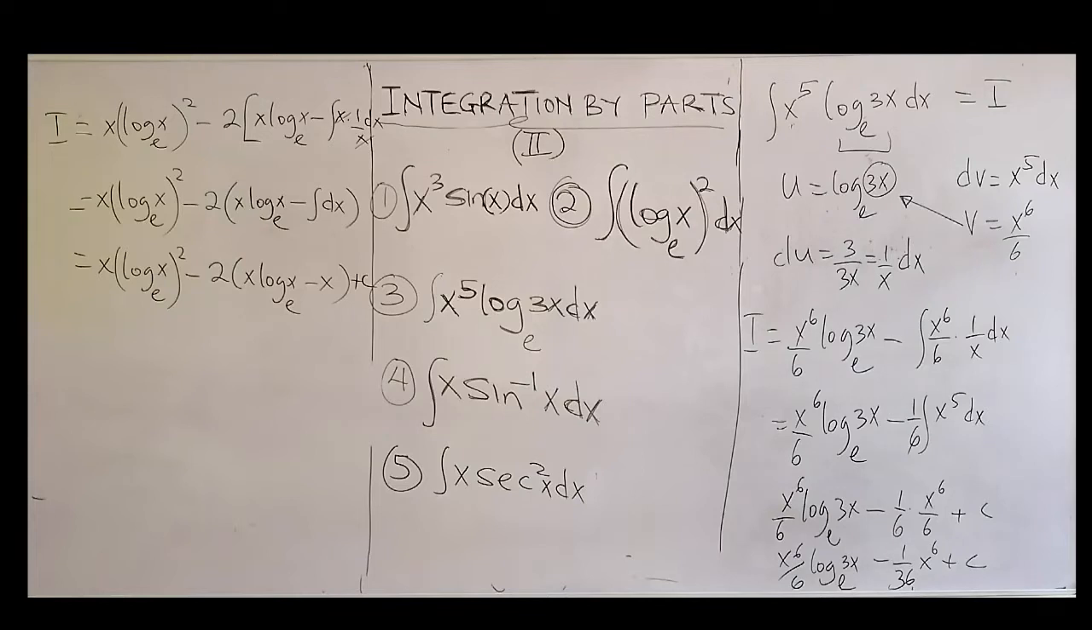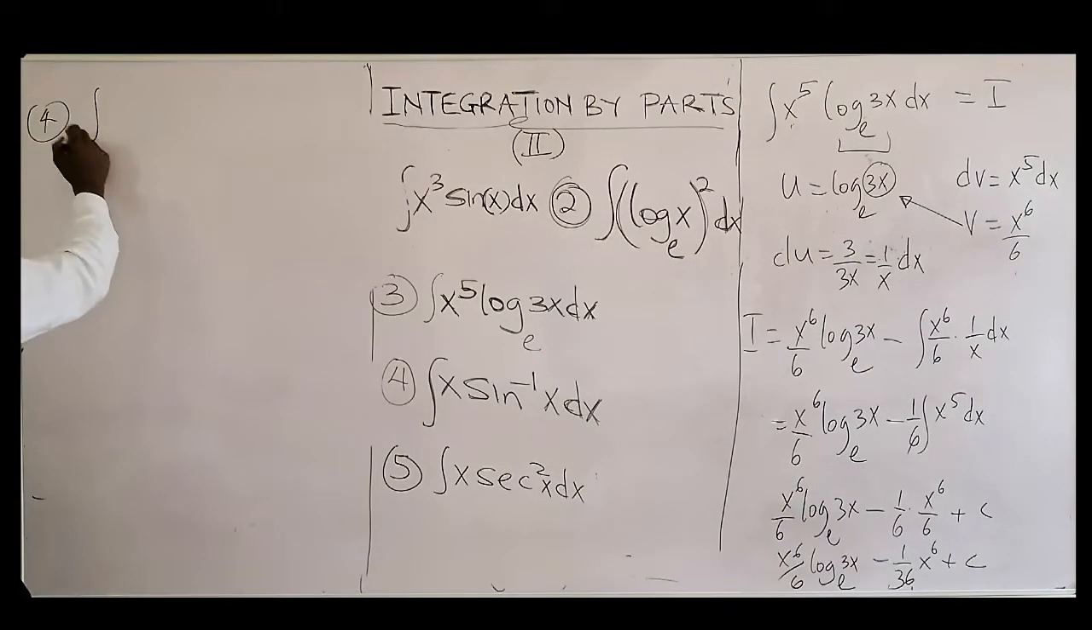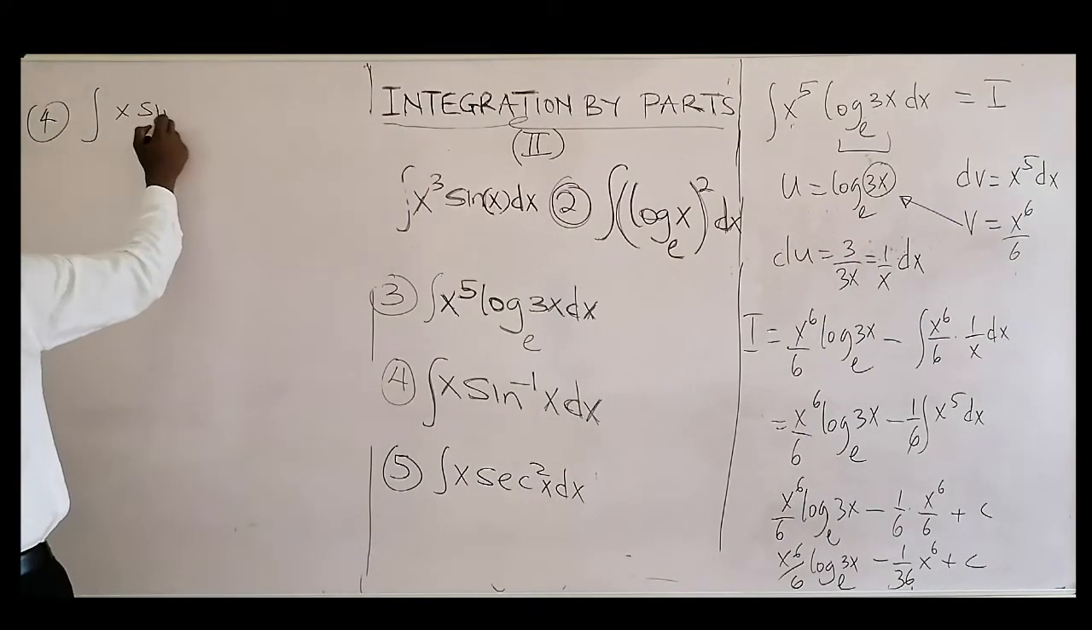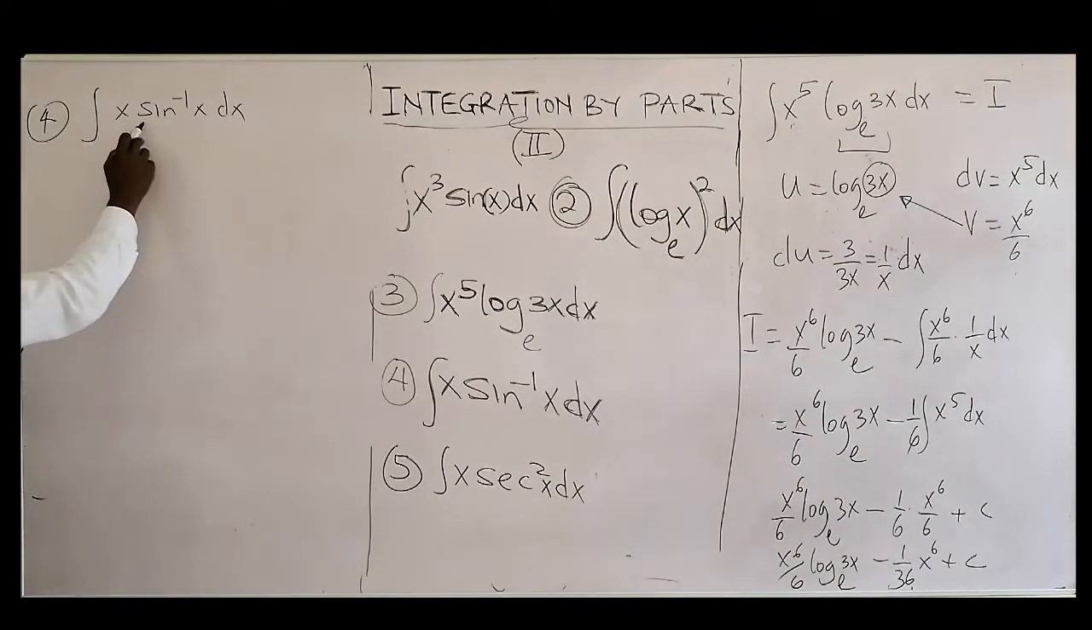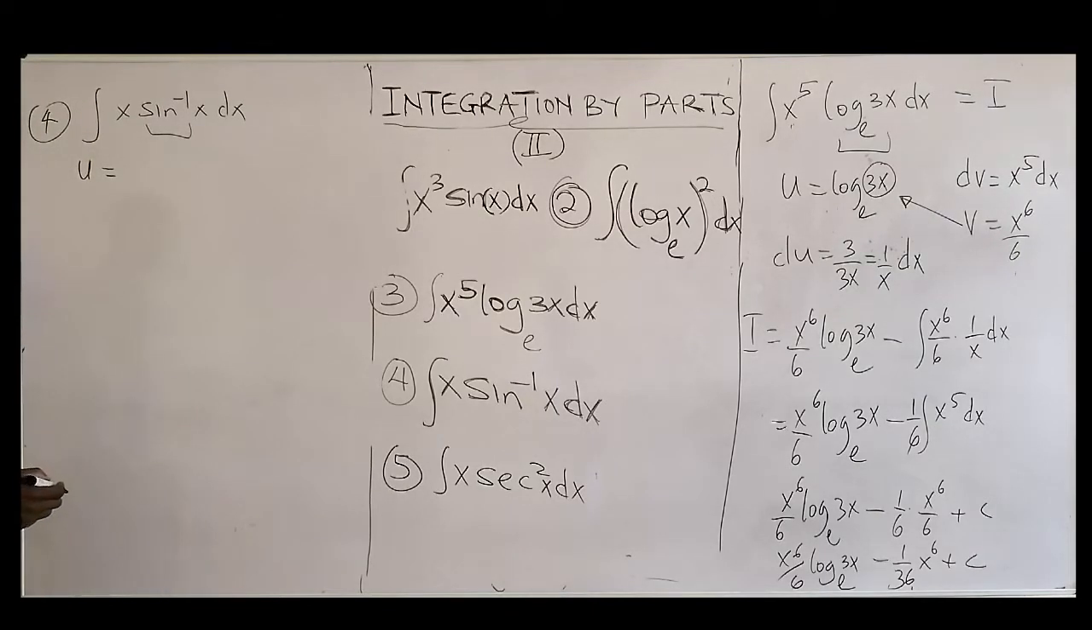Go to question 4. Integral of x arcsine x, inverse of sine. If you check very well, we cannot integrate this. We can differentiate it. So we call that one u. You can't integrate it, so it definitely has to be u. So u equals what? Arcsine x. And the du will be equal to